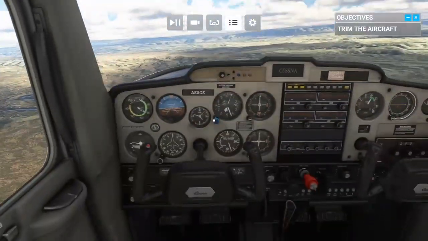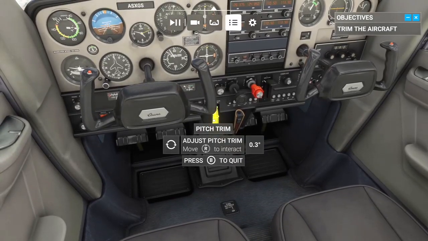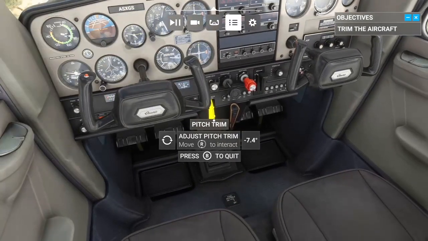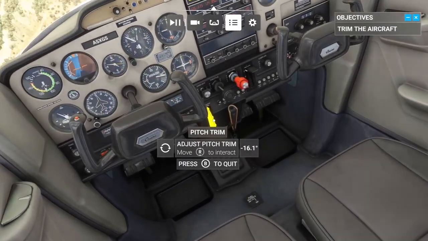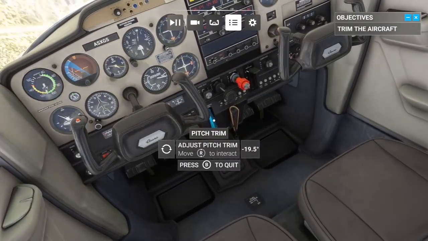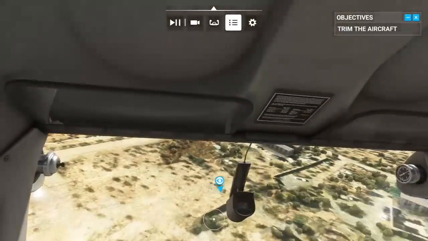You probably noticed, to maintain altitude, you need to pitch the nose up. You could just keep pulling on the yoke to hold steady, but that's not really a precise means of control. Probably better to adjust your trim wheel until you don't need to push or pull on the yoke. Drag the trim down